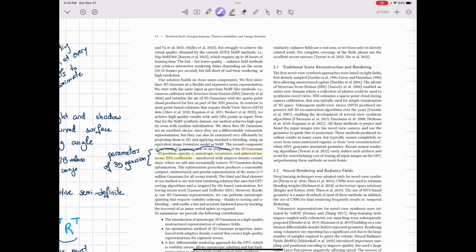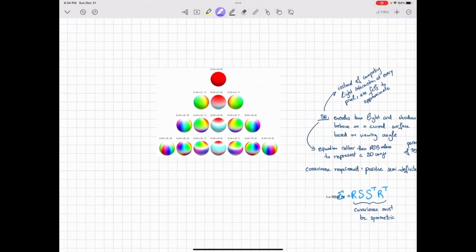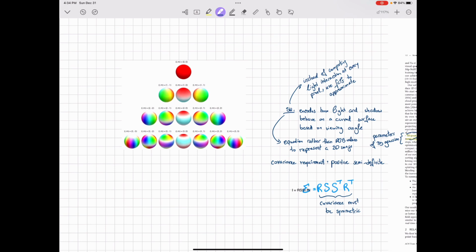The next thing would be spherical harmonics. What are spherical harmonics? I have a picture here. Basically, what they do is that they encode how the light and the shadow behave on a curved surface based on the viewing angle. So as you're moving around, you're changing the view of it. From a different angle, the